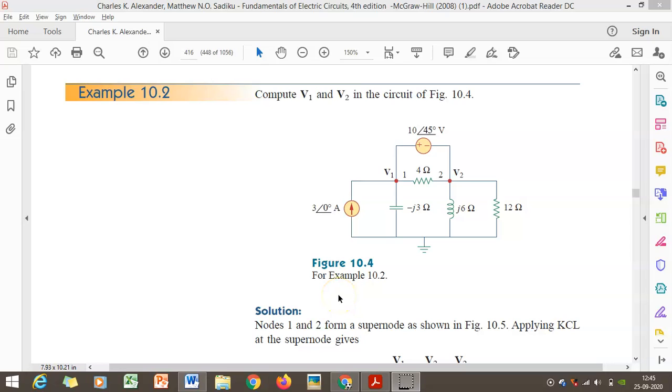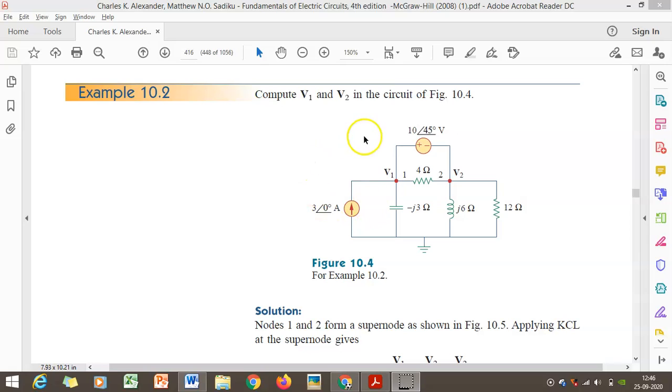Today we shall discuss a problem in nodal analysis, how to compute the voltages in a circuit using nodal analysis. Okay, this is the given problem. In this problem we have two nodes V1 and V2. When you go through the circuit, for finding the voltages we can use either nodal analysis or mesh analysis. Analyzing the circuit, we will come to know that we have one current source, one voltage source, and we have resistors and impedances connected to the system.